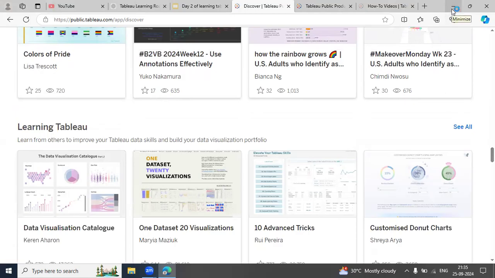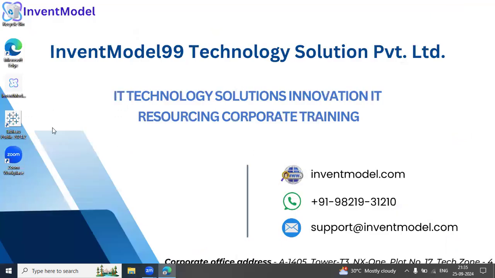So I think it is installed. Yeah. So here you can see Tableau is installed. Let's just try to click on it and try to understand the interface of this as well.